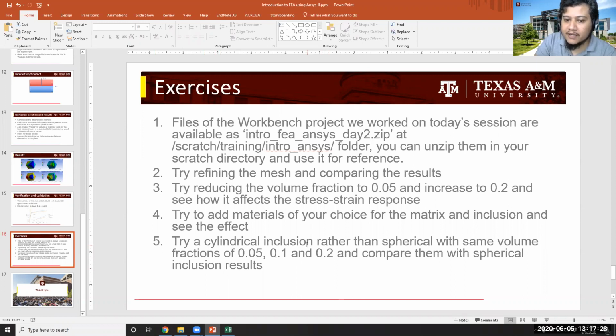Okay, cylindrical inclusion means right now my inclusion was the shape of a sphere, but try and play around with the inclusion which is of the shape of a cylinder going through and through. So that will simulate the case of a fiber reinforced composite. Okay, so fibers are in a shape of cylinders, so it will look something like